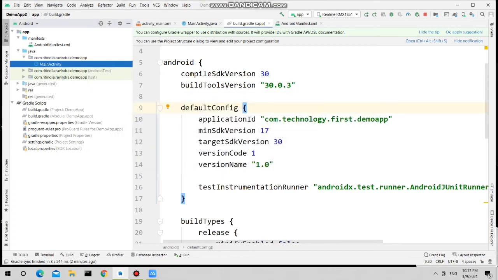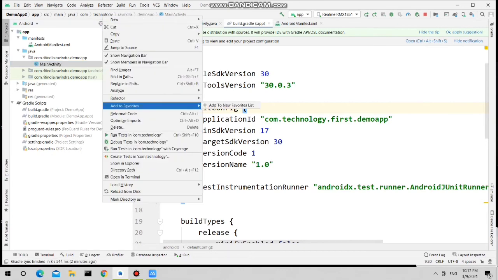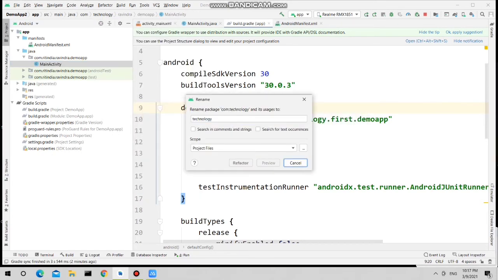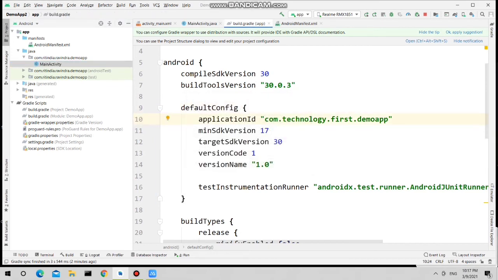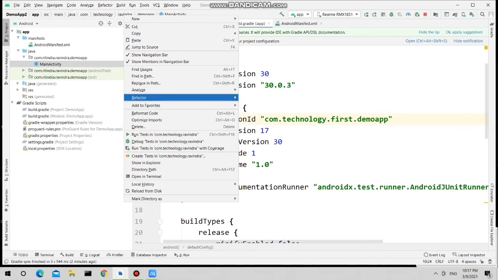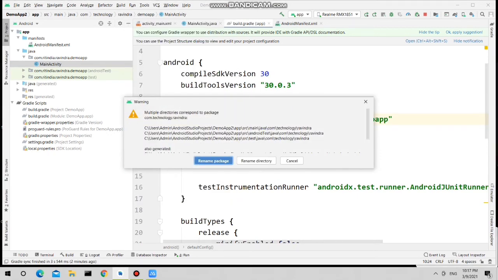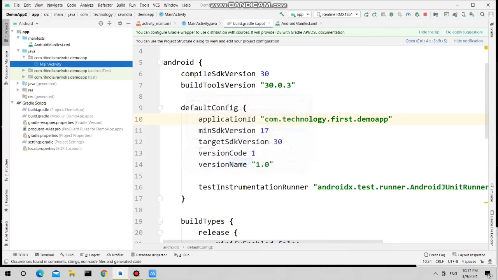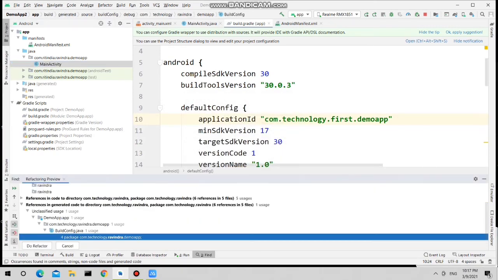Next, instead of this ravindra, I want first. So do the same thing, click on refactor, then do refactor.